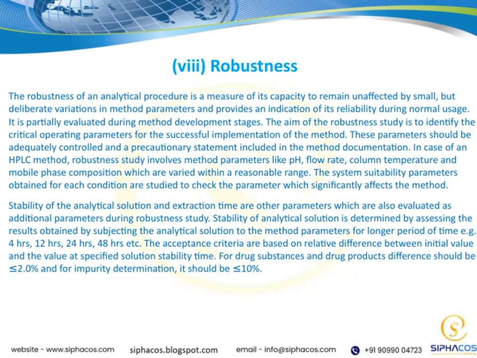The criteria for stability are based on the relative difference between the initial measurement and the measurement after the specified time. For drug substances and drug products, a difference of 2% or less is acceptable, while for impurity testing, up to 10% difference can be tolerated. In summary, robustness helps ensure that our method is reliable and consistent under normal working conditions. It's about understanding which parameters are critical and making sure they are properly controlled, so we can trust our results